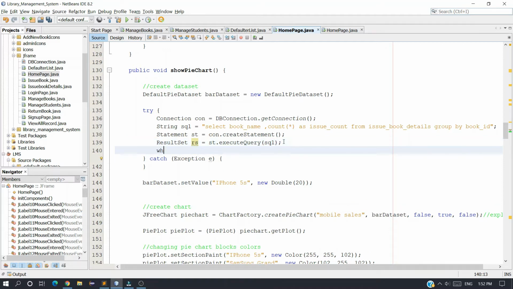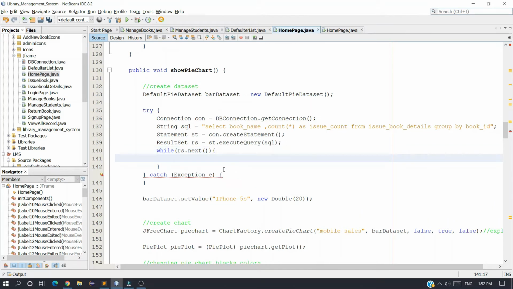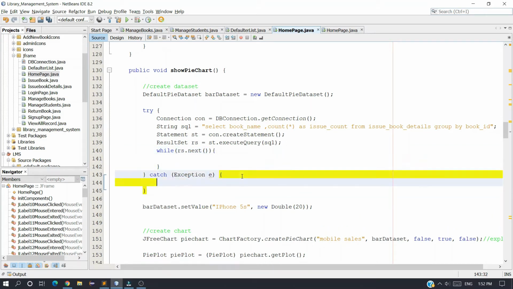And now just take a while loop, while rs dot next, and in the catch section print the exception,